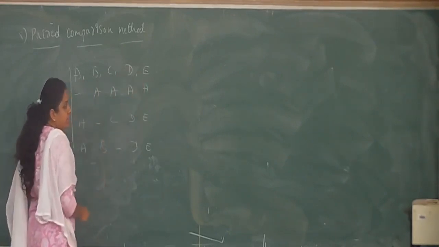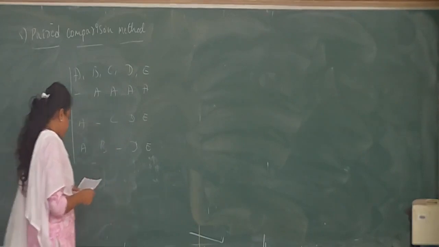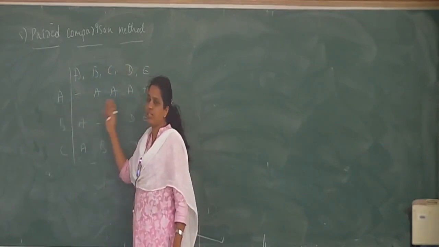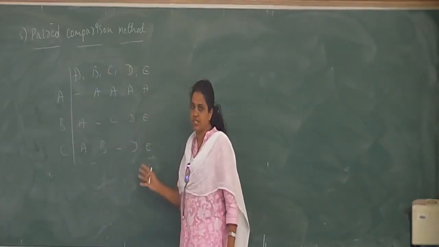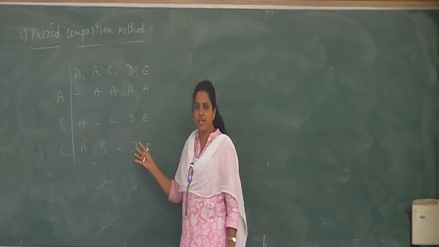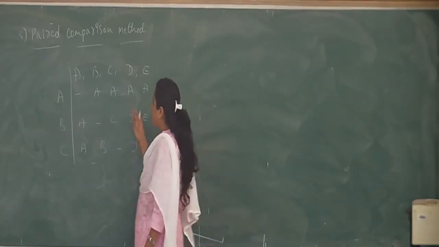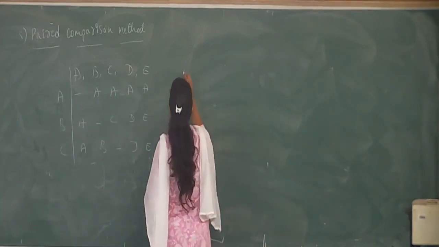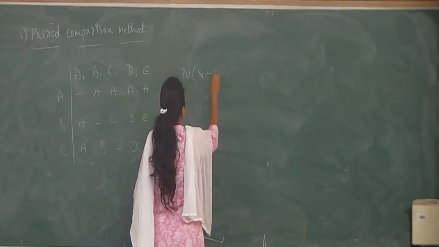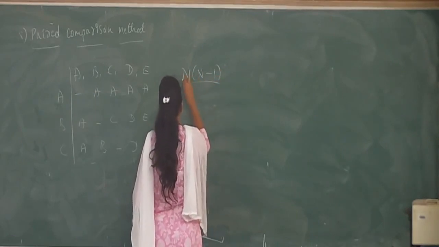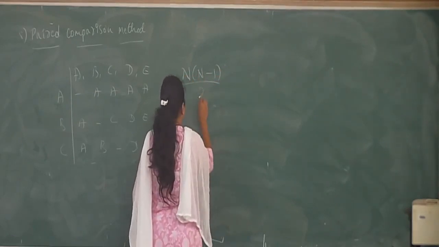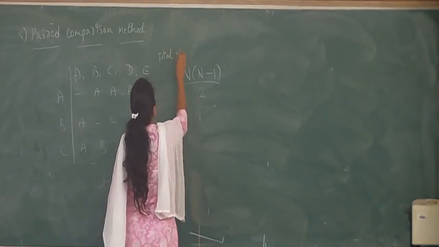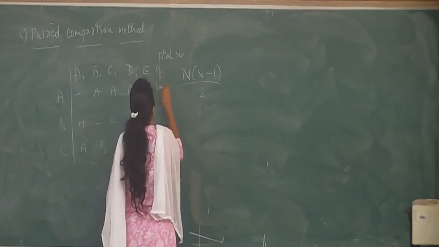Okay, and there is a certain formula for this, for how they calculate. If we go on doing that, there will be n number of comparisons. Okay, it's quite time consuming. Okay, so how are we going to find out how many comparisons we have to make? Okay, for that there is one formula, n into bracket n minus 1, divided by 2. So this is your total number of comparisons.